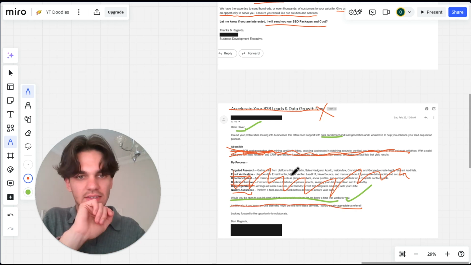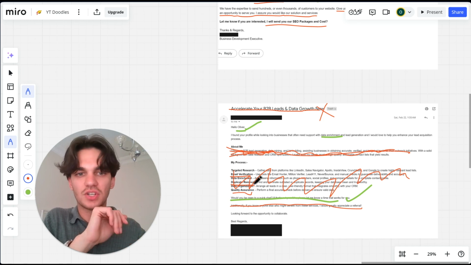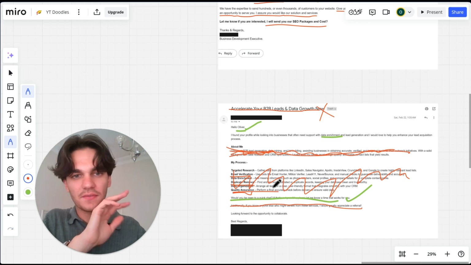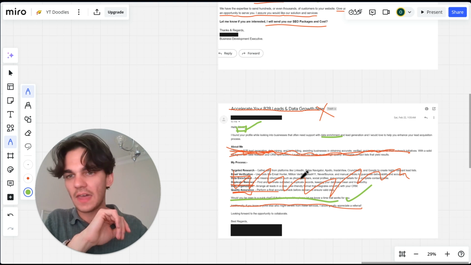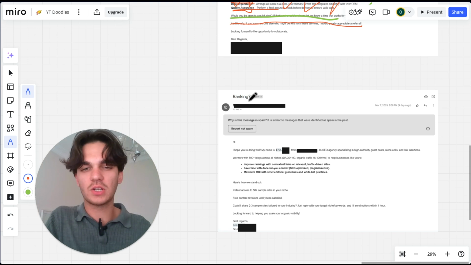And on top of that, as you can see in this email, there's no guarantee of the quality of the service whatsoever. It's not even mentioned really, apart from quality assurance. It's like, well, I'd hope you do some sort of quality assurance, right? There are a few things that he does well in the email. Opening line is fine. A little bit of personalization at the top is all right, but the rest of it's not that great. Moving on, the next subject line is ranking,